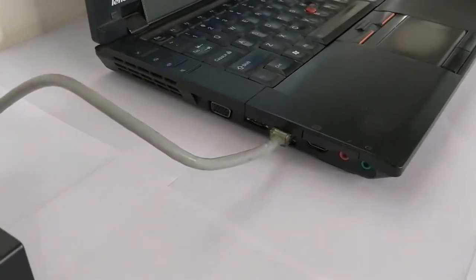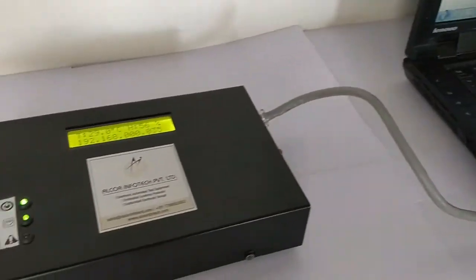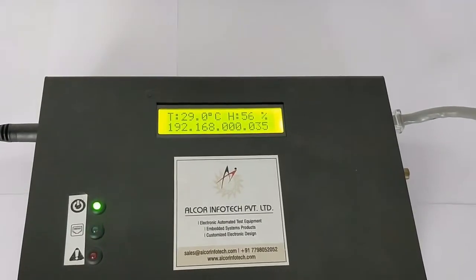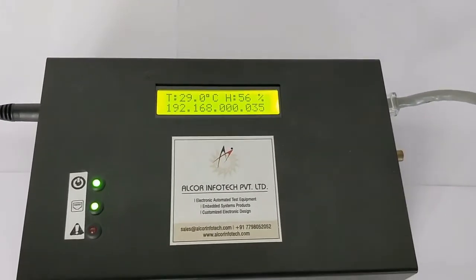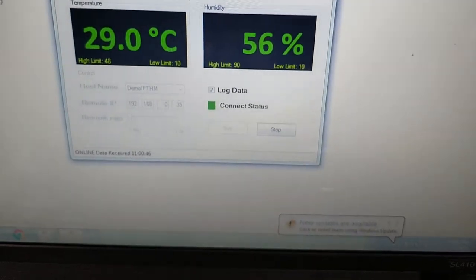Now, the unique point for this product is that if you are monitoring the temperature and humidity at multiple locations in your facility, you can still monitor them from one single computer. So it has centralized monitoring. So the software